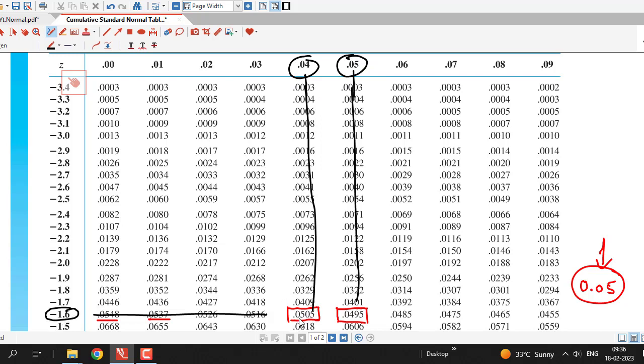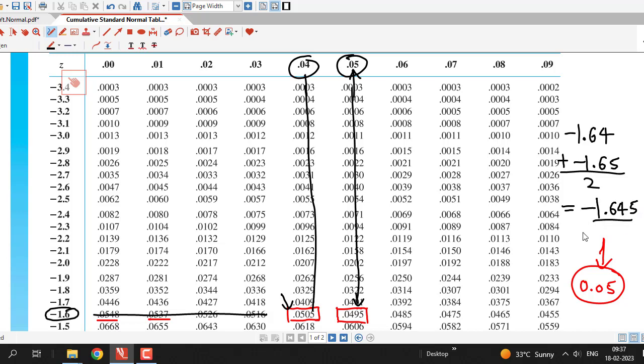So the value corresponding to this 0.0505 is minus 1.6 plus 0.04, that is minus 1.64, and the value corresponding to this 0.0495 is minus 1.65. So the corresponding Z value will be taken as average of these two values, and average becomes minus